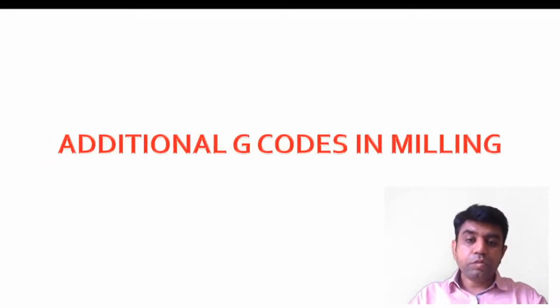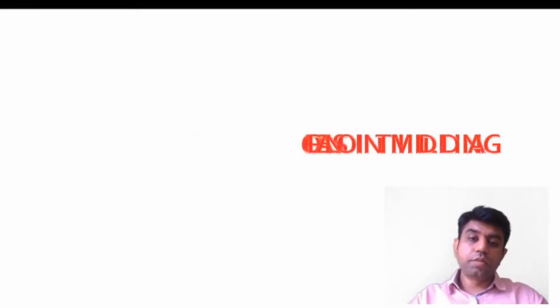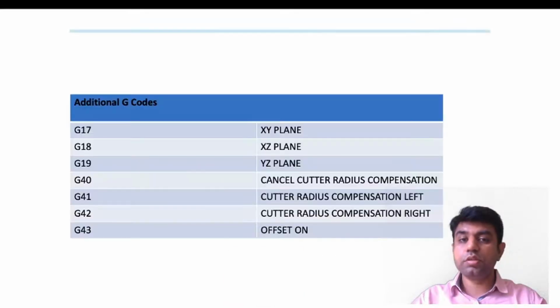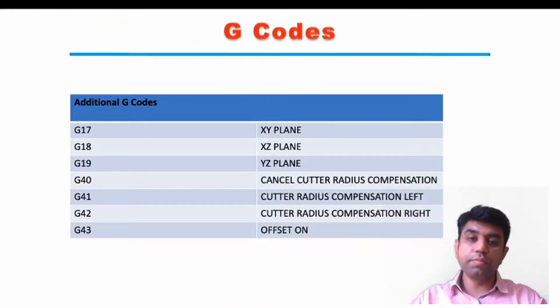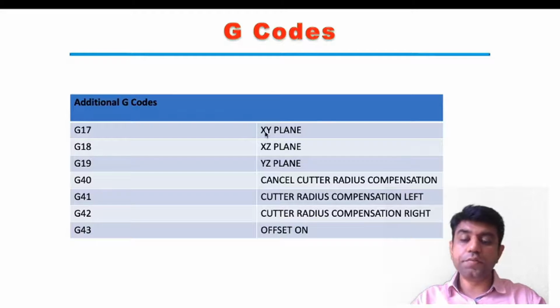Now almost the programming part, that is the logic part, will remain common in the case of lathe and milling both, right? But as we are having these three basic axes in operation of a milling machine, we need to remember some more different G codes, right? So G17 we need to additionally remember, that is used for the XY plane, in which plane particularly our machine is working.